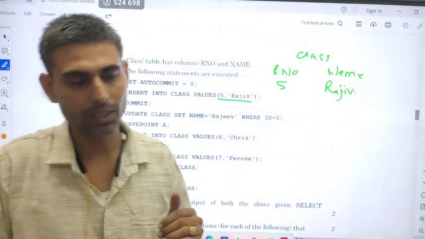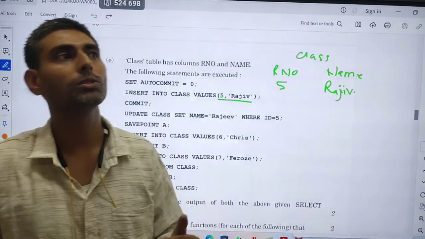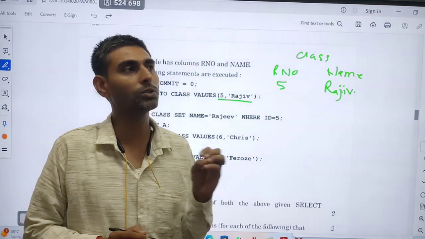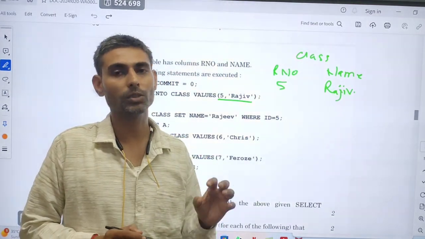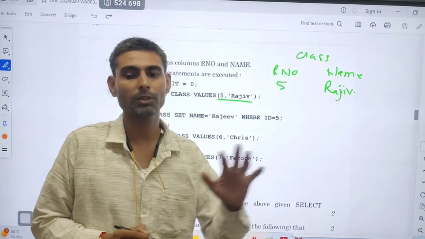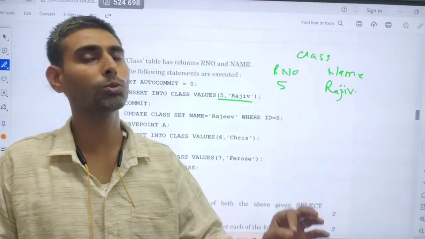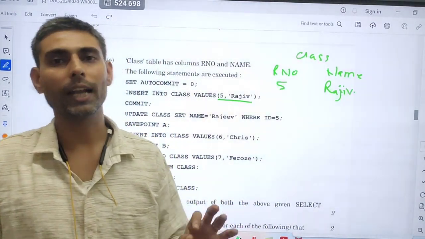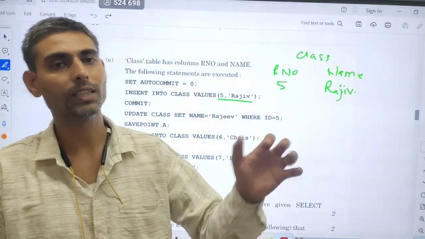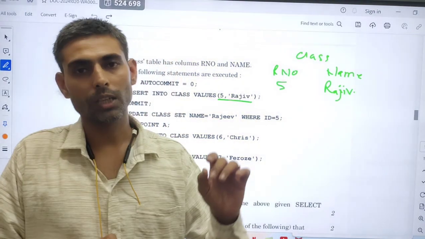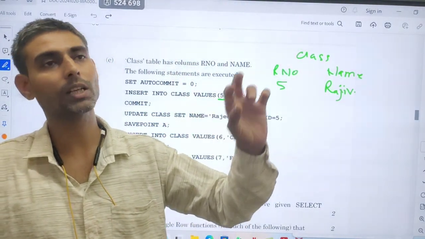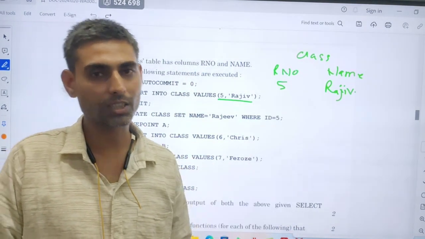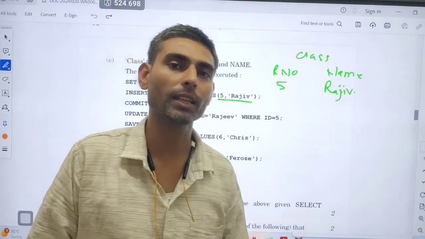Suppose we are working in a bank. For the whole day I have done some transactions, and at the end before going home I want to commit them. If I write commit, all transactions will be fixed. After writing commit no rollback is possible; if you write rollback after commit, it will not affect our transactions. If I have done the last five transactions wrongly and want to undo them in this session, I can write rollback.